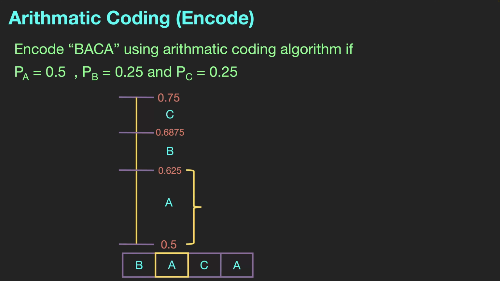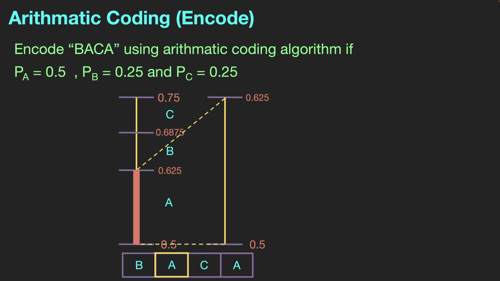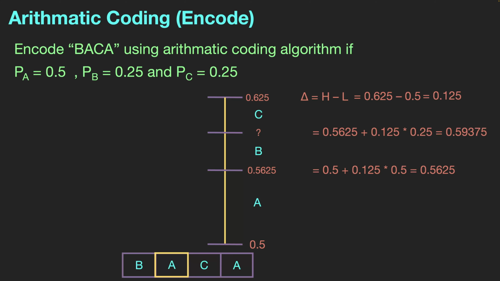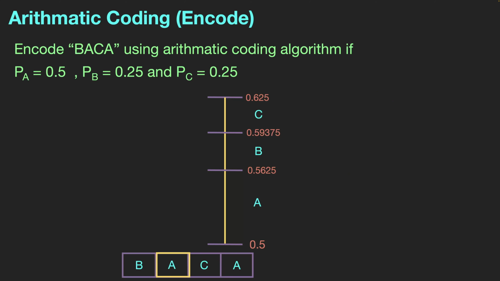So we will expand the interval of A with high value 0.625 and low value 0.5. This time the difference delta of the high value and the low value of the interval is calculated as 0.125. The calculated value of the first intermediate interval is 0.5625, and the value of the second intermediate interval is 0.59375. Now we will consider the third character of the data string, which is C,